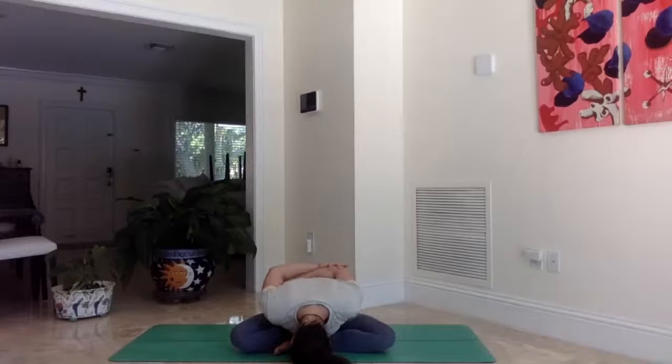And then come into the breath and start using this as an opportunity to really turn the attention inward and focus on the breath as it moves in and out through the nostrils. And as you slowly lengthen and deepen the breath, controlling the inflow and the outflow through the nostrils. 5 more breaths. 6,